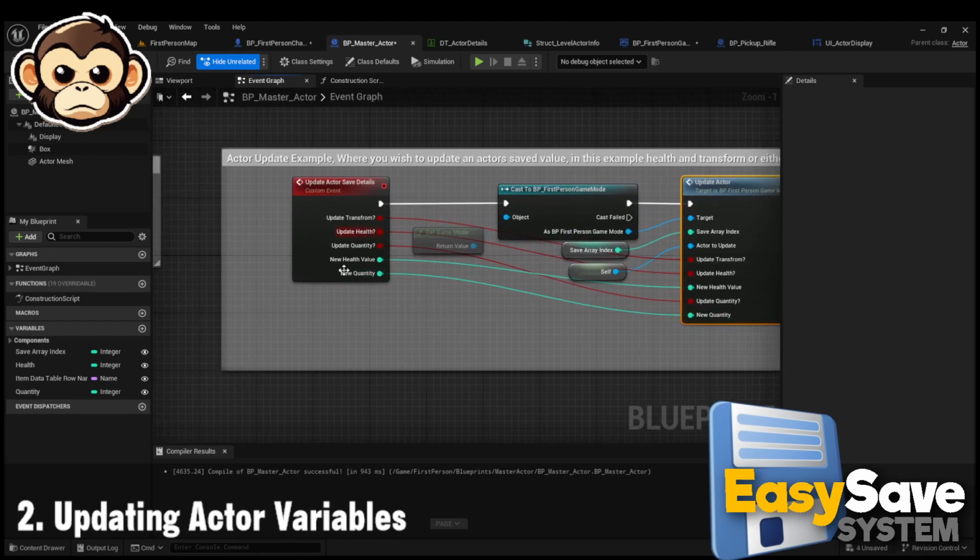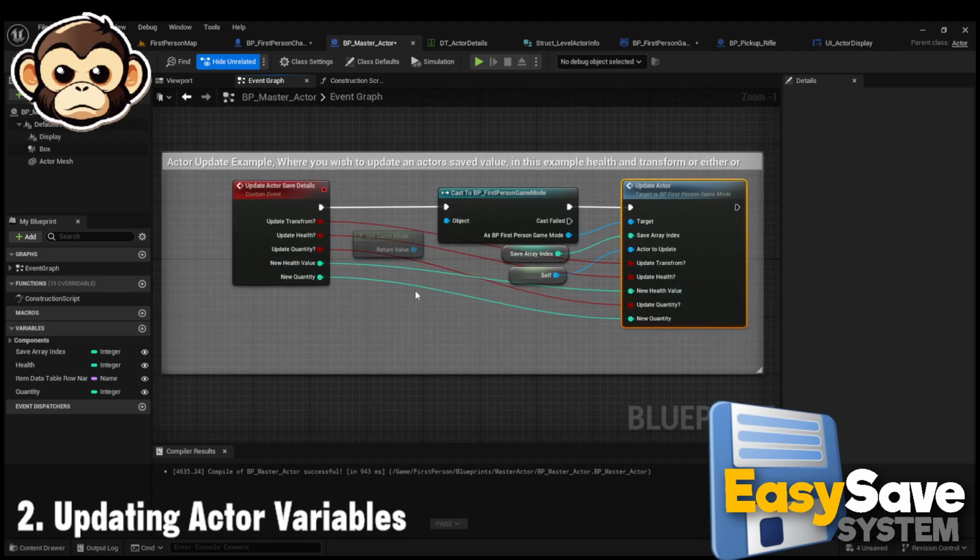So now whenever you want to update something about an actor, whether it's its health value or its quantity value, you just call this function, this event, pass it through the variable. So if you want to update the transform but not the health or the quantity, or you want to update the health but not the transform or the quantity, just pass through, tick the relevant things,